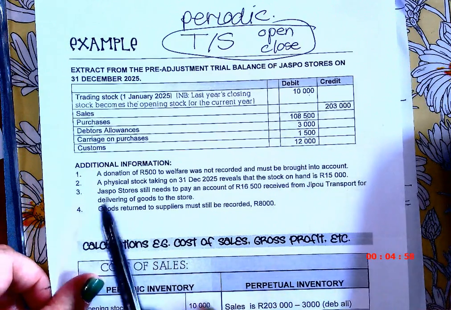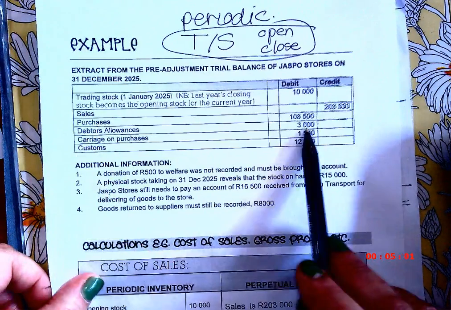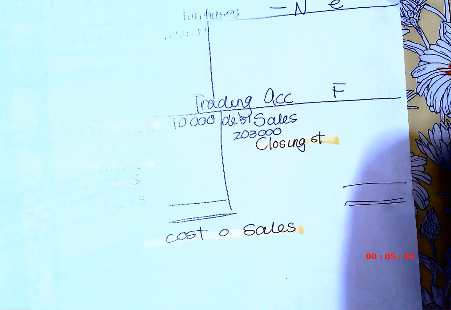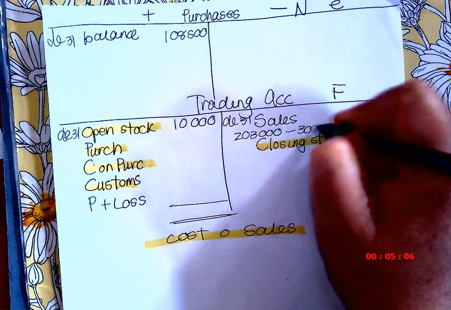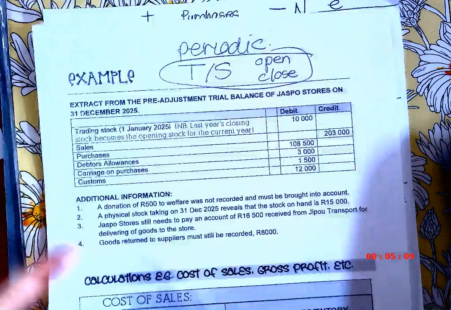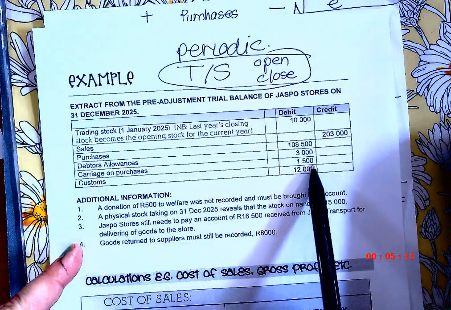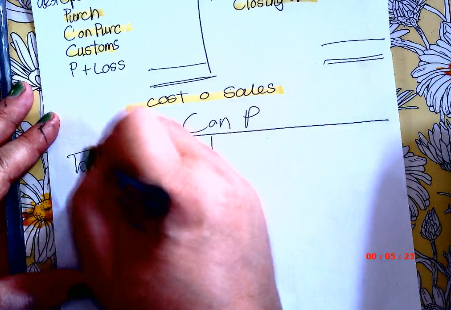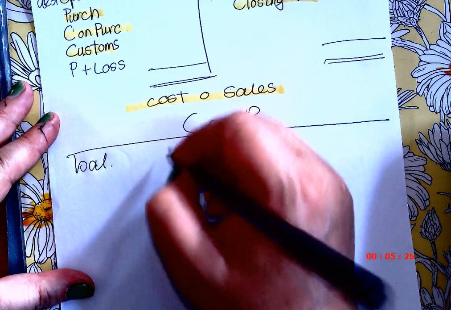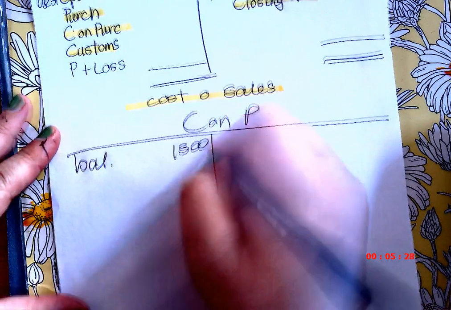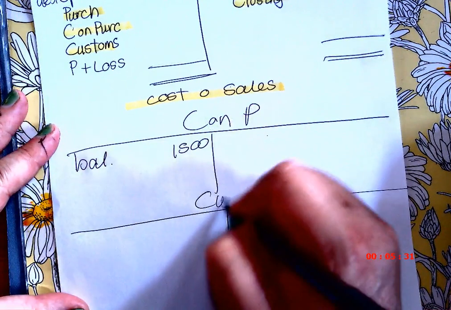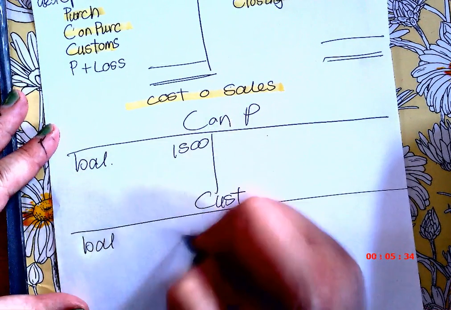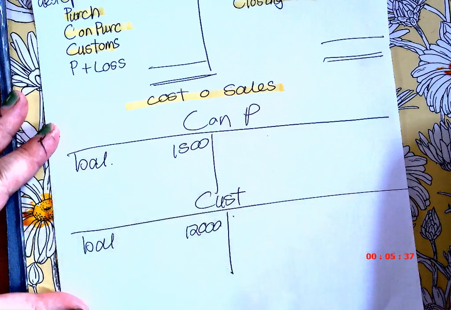So now they say, next one, debtors allowance, 3,000. I know that will make my sales less. Carriage on purchases, 1,005. Now in periodic, I'm supposed to do a T account for carriage on purchases, and it will have a balance of 1,500. And I see there's customs also, and I'm supposed to have a T for customs, and it will also have a balance of 12. But I can tell you in the tests,